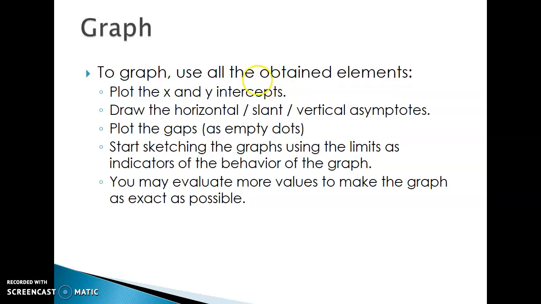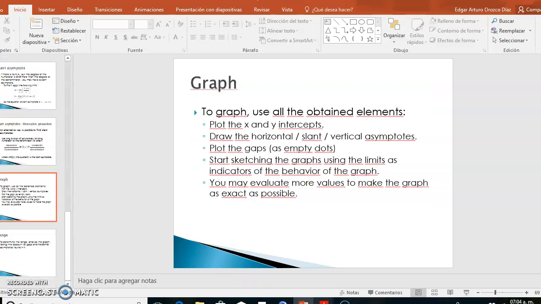And then lastly, when you have everything to graph, you need to use the obtained elements. Plot the x and y intercepts, draw the horizontal, slant, and vertical asymptotes, plot the gaps or empty dots, sketch the graph, and then get the range. And if you want to, you can evaluate more values of the function to graph more exactly. So in this particular example,